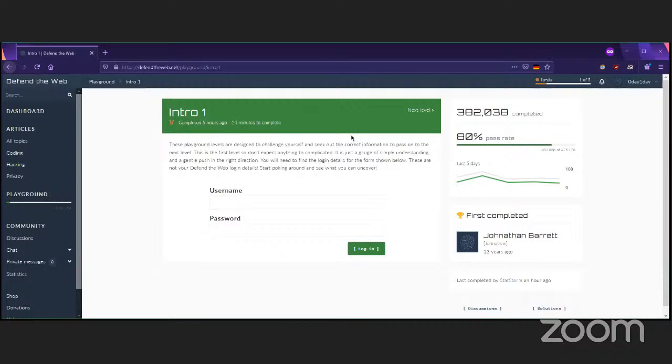What I'm going to do now is give every one of you 5 minutes to try to solve this puzzle. After 5 minutes, I'm going to come back. If you have gotten the answer and moved on to the next level, please alert me in the chat by raising your hand or saying you got it, so I know everybody's on the right track and ready to move on. Think like a hacker. Put your hacker hat on and try to solve the challenge. Be right back.